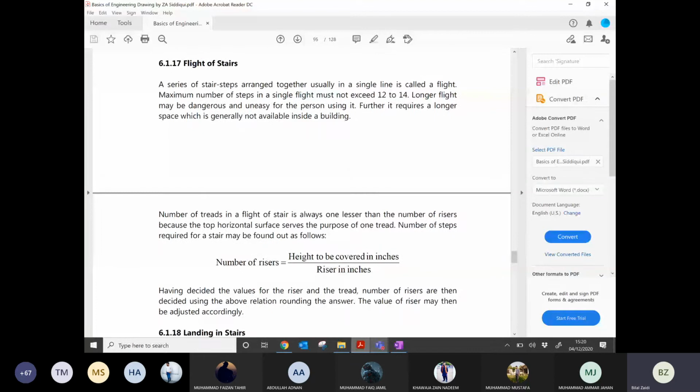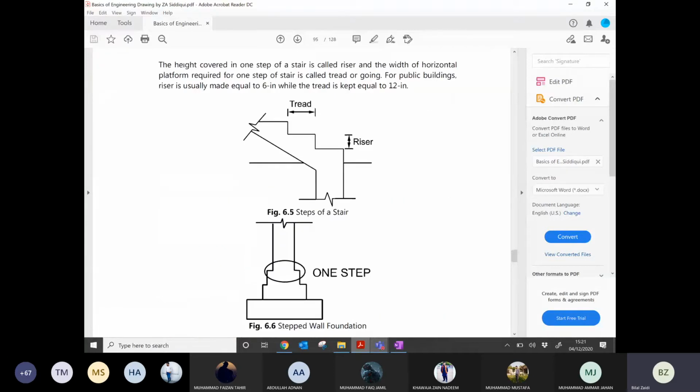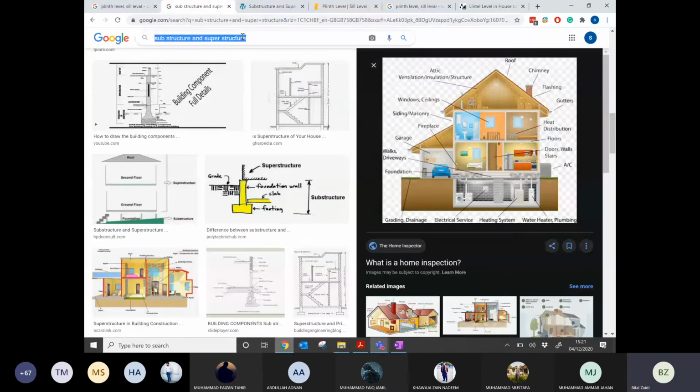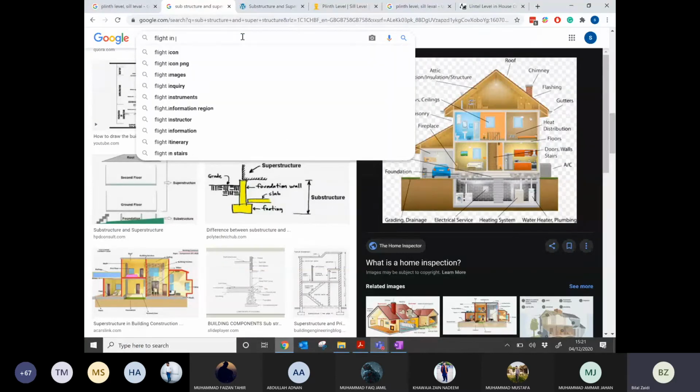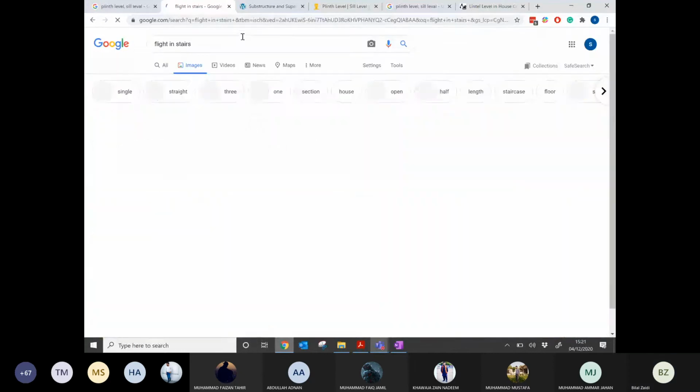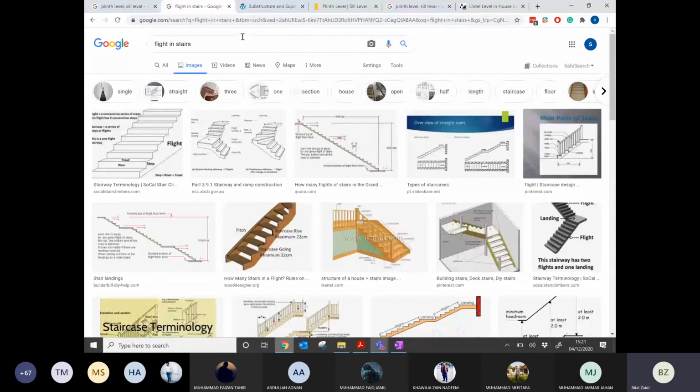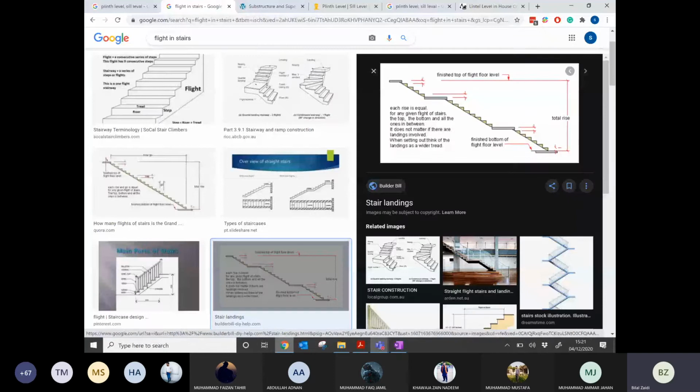Then, relating to stairs, we have another thing called the flight of the stairs. A series of steps arranged together, usually in a single line, is called a flight. You may have noticed that sometimes when you climb up a stair, there is a rest portion, that middle portion.